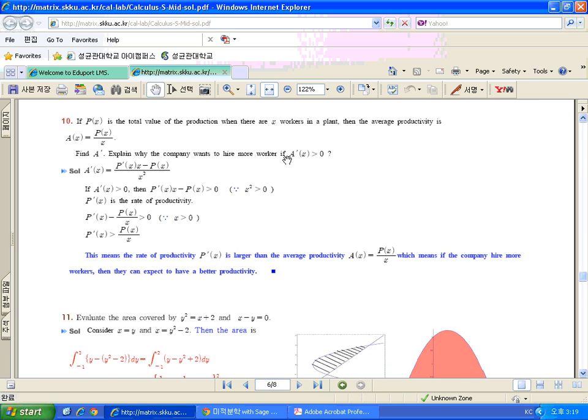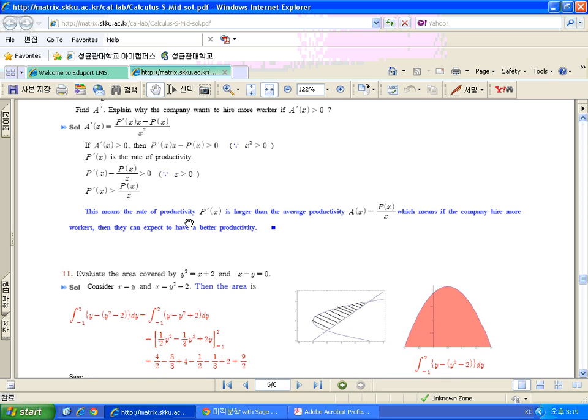And here, this is also one story problem. The question was to explain why this company wants to hire more workers. From this observation, the owner can easily expect that if they hire more people, then they will have better productivity that guarantees high profit. So they can easily make the business decision based on